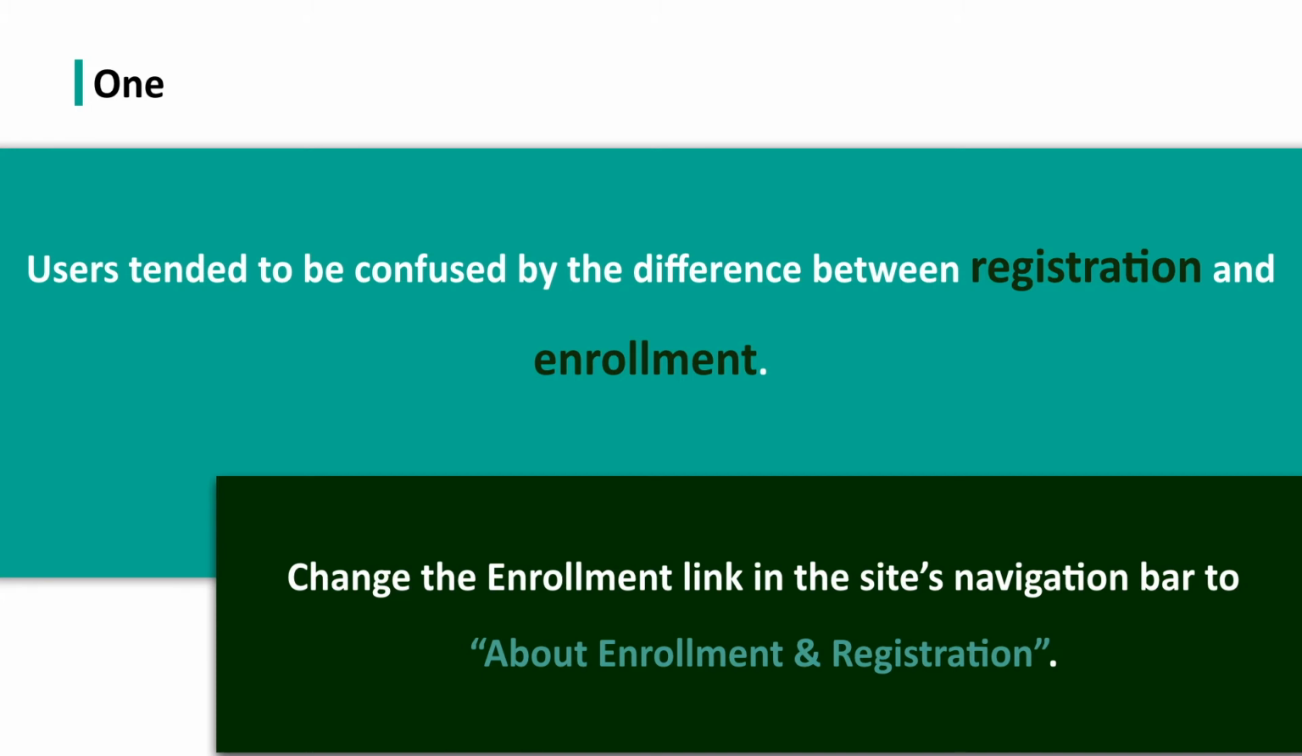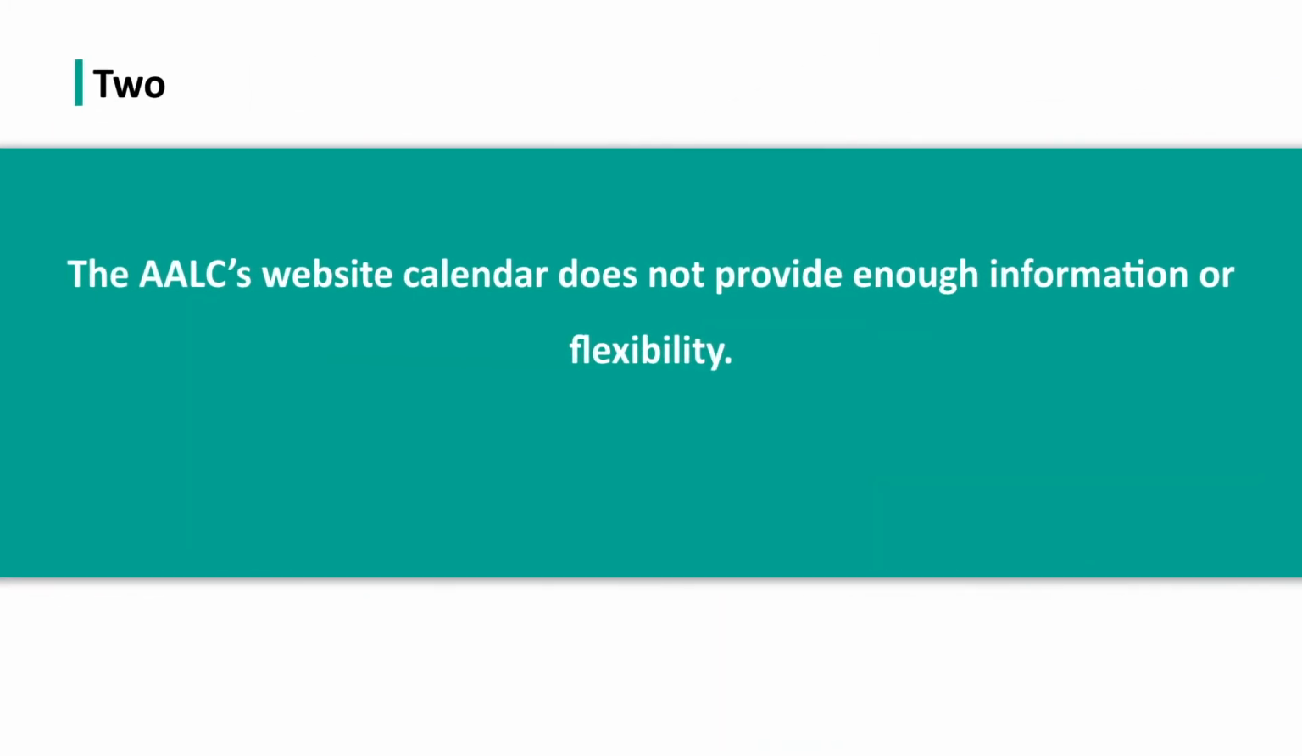Finding 2. The AALC's website calendar does not provide enough information or flexibility. Currently, the AALC lists upcoming events on their website and has a PDF version of the complete calendar on the site. While doing our comparative evaluation, we noticed that many of the other schools used Google Calendars to display school events. Further issues were identified in our usability test, in which users were asked to find the dates of the